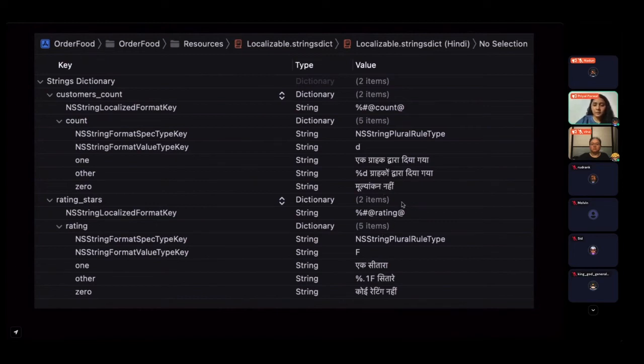So when our accessibility inspector goes through the application on a device which has Hindi localization, it will take the localization strings from the localizable.stringsdict. Here we have been using localizable.stringsdict. We also have a file, localizable.strings. What is the difference between these two files? We should use localizable.strings when the accessibility strings don't have a value associated with them, like a count based on which the accessibility string changes. If we want a certain string with a count associated with it, and we also want it to be pluralized, we should be using